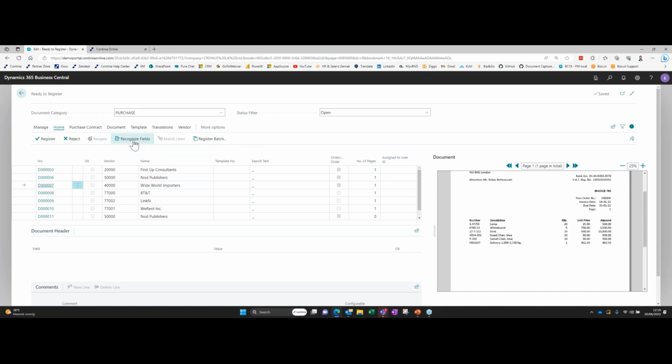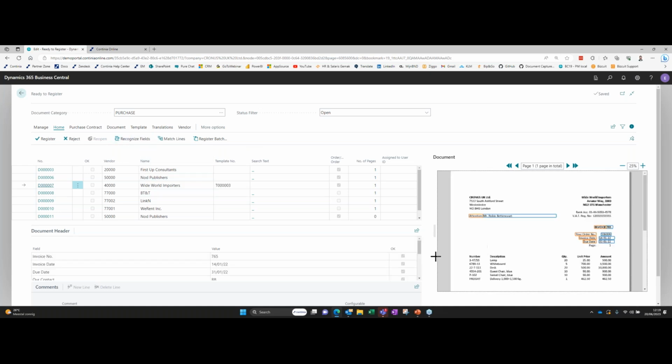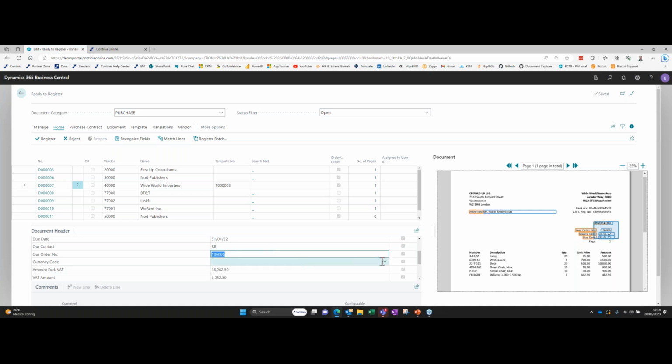First of all, we press recognize fields again. First invoice for this vendor, so we need to check the data. Trust me, I know this data is correct. I just want to point out that it also captured the order number here from the invoice, which is important to make the match. But first, what I would like to show you is how with document capture we can